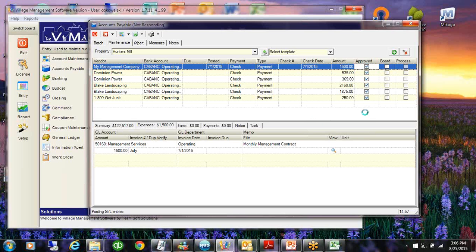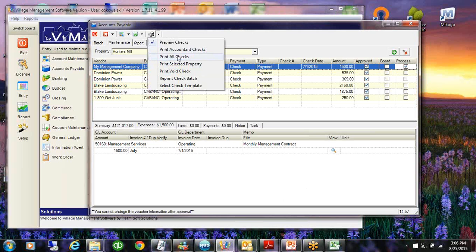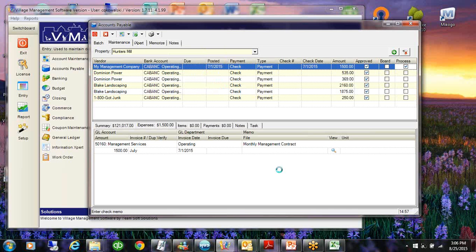Now you'll notice also when I keep doing stuff, I'm getting a pop-up about out of date. We're in 8.1. Okay, so I have to have permissions to post out of period, and because I have those permissions, I just say yes. If I didn't, it would not let me do this. So you can control whether you want the person in AP to be able to post to a different time period. So I'm going to come up here, and I'm going to print selected property again, and